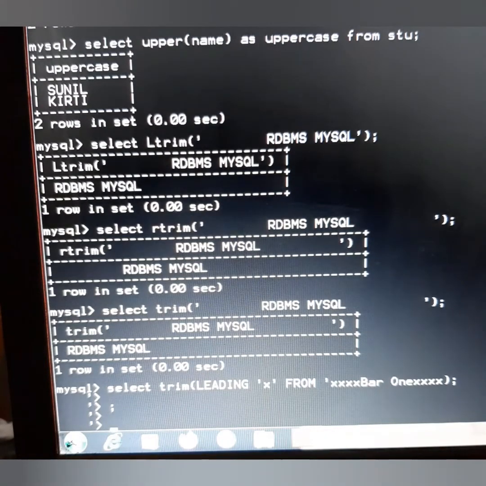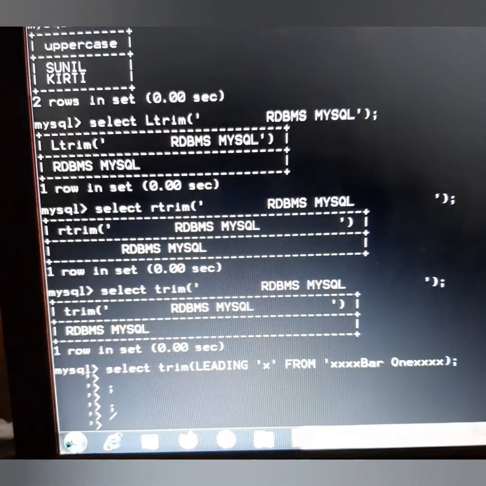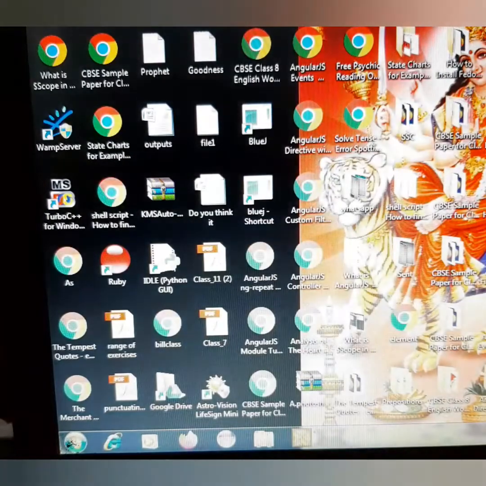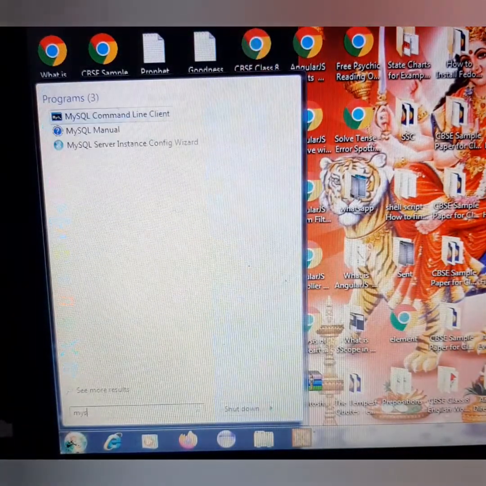Something wrong has gone over here. We'll make the correction. I missed out one inverted comma from the right hand side, so we'll again write it.